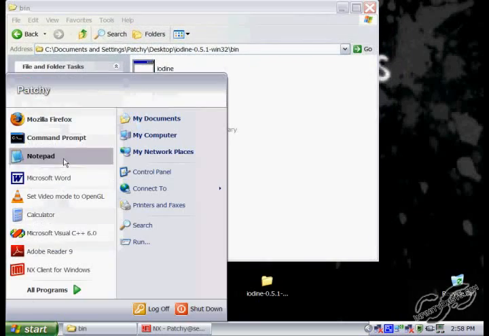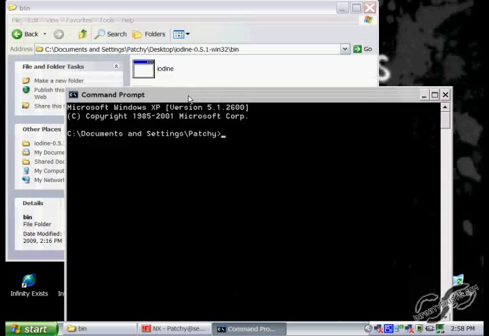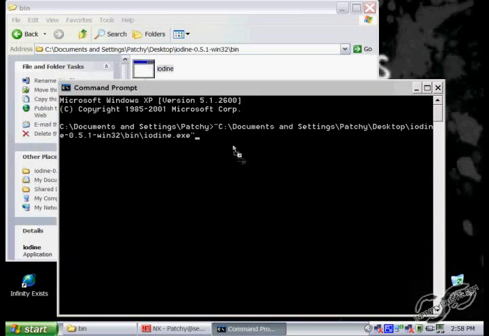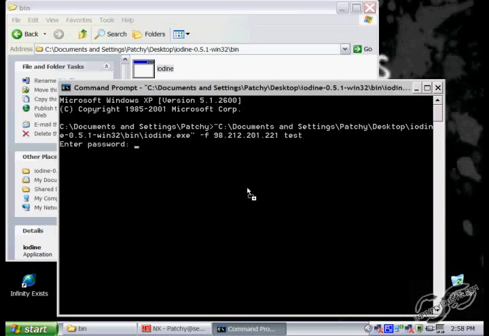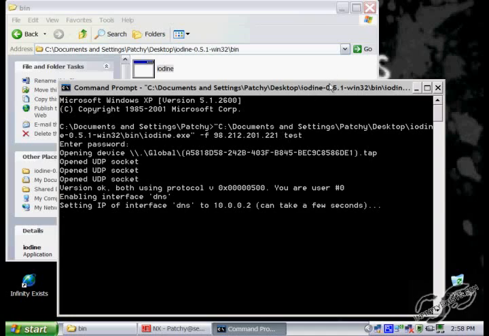It's just going to open up the command prompt. Do iodine -f, the IP address of the server. You may notice that this is a public IP address. In the situation that we're in right now, we're not on the same LAN, so we do have to use the public IP address. But you are going to want to test this on your own LAN. Just makes it easier to troubleshoot. And then we're going to type in test, press enter, and then enter our password, and it should connect to